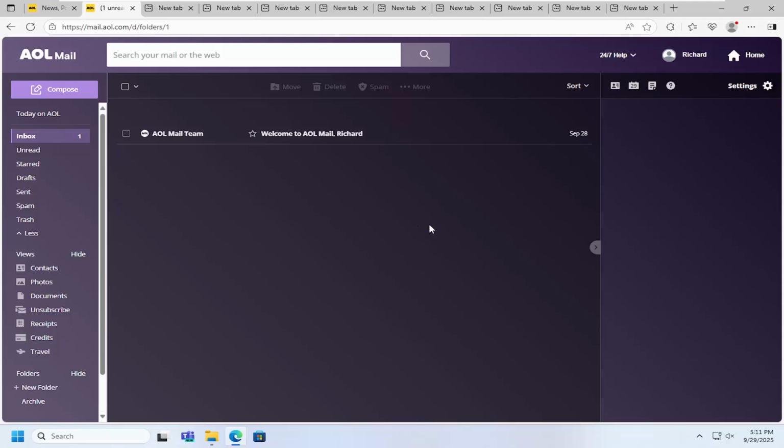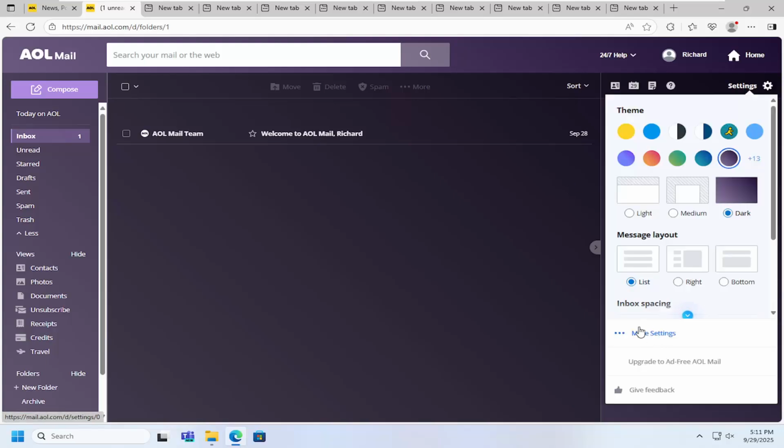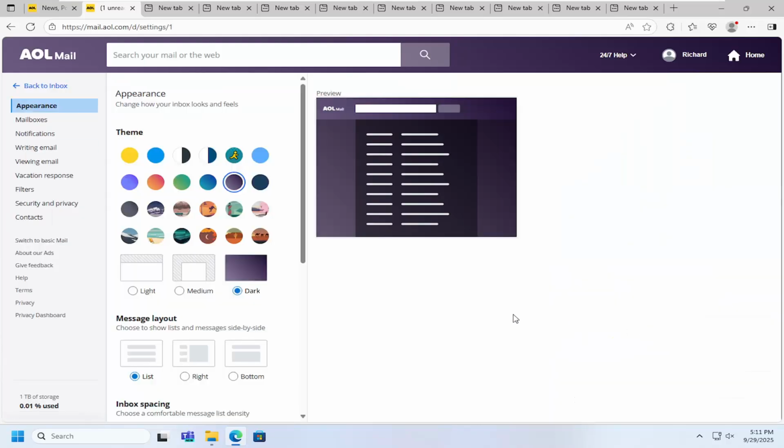So all you have to do is sign into AOL Mail and select the settings button up at the top right, and then go down and select more settings. On the left side, select where it says writing email,